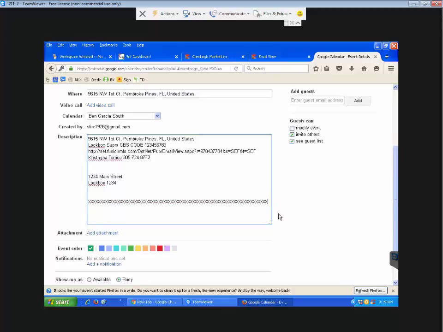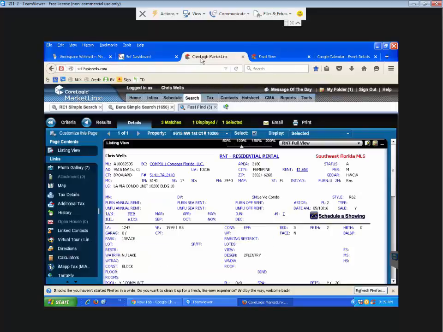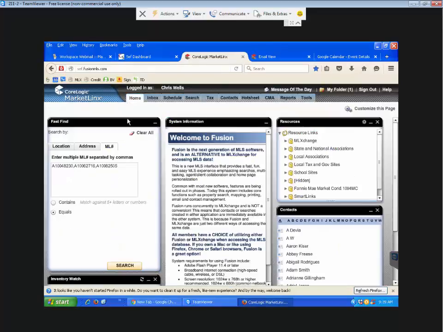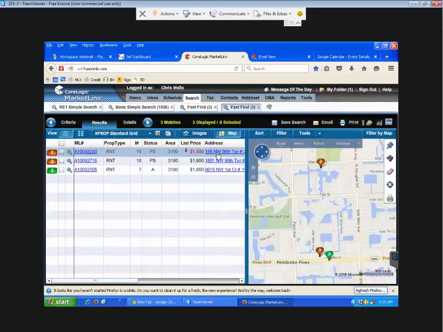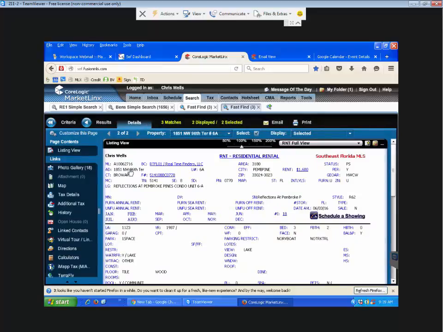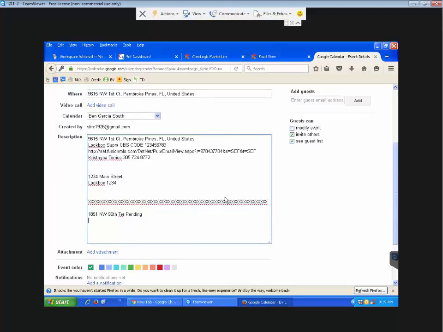So what I do is I can have a conversation with the person and tell them, yes, because they'll ask us, well, what happened to the other two properties? And I can say, oh, these two properties were no longer available. And you can just do it this way. It doesn't have to be too complicated. You could just put right here, pending, and then put the next one